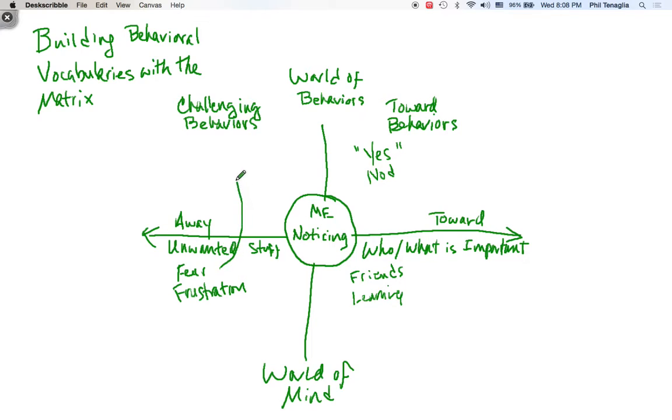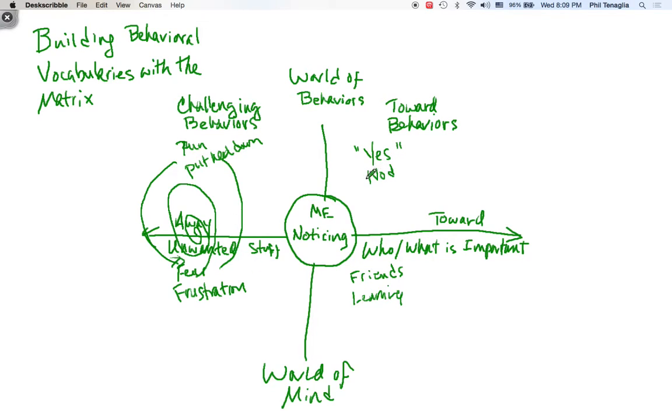Some of the things we might be seeing at this point is some running, or they might be putting their head down to get away from whatever that feeling of frustration is showing up inside of them. The idea here is they are engaging in these challenging behaviors to try to get away from this stuff down here. The only problem is it isn't working, and now we get into this loop where they just do more and more of this stuff and they get stuck. Frustrating for them, frustrating for us teachers and educators. But we have our handy dandy matrix, so we're just going to continue noticing all of that.